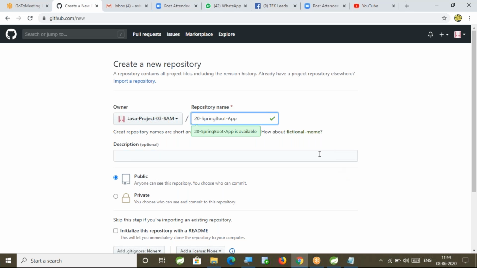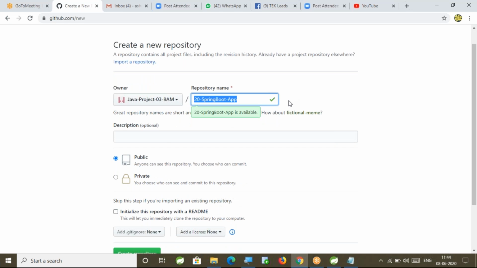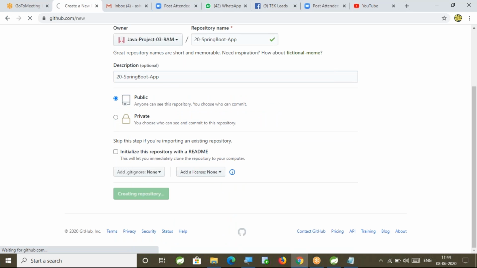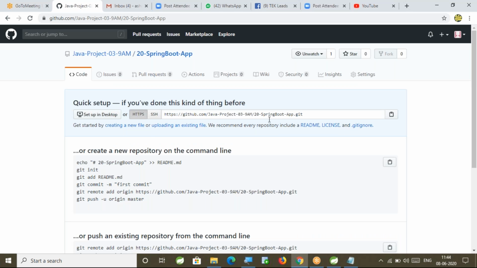This one I'm creating as a public repository. So for one project, one repository will be created. So here I created a repository with the name 20 Spring Boot app.git. Now as the repository got created, we can perform operations from Git Bash.